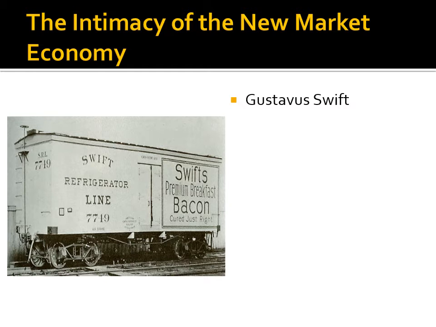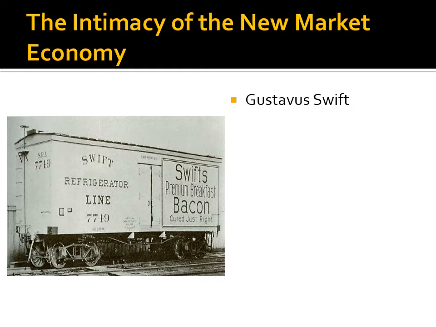He opened a meat packing company in Chicago which still is in operation today and still bears his name, Swift Foods. You might have in your refrigerator or freezer right now some Swift food products. That company is still around today, was founded in the Gilded Age by Gustavus Swift, and he pioneered a way of connecting ice-cooled railroad cars, like the one seen here, to a network of ice-cooled warehouses around the nation, where